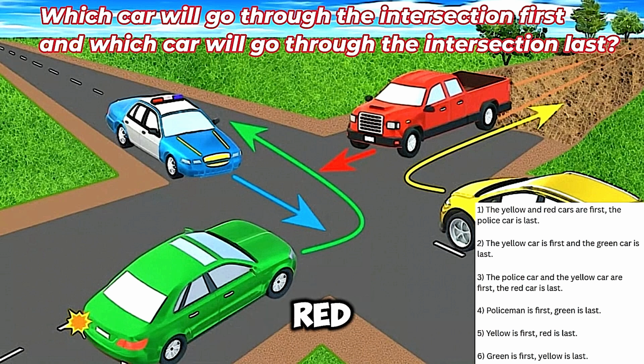The driver of the red pickup truck is driving from a dirt road onto an asphalt road. According to the traffic rules, the dirt road is secondary to the paved road. Therefore, the driver of the red pickup truck must let everyone pass and will definitely pass last. All other cars are on equal roads, so they must separate according to the traffic rules, which is better known as the rule of